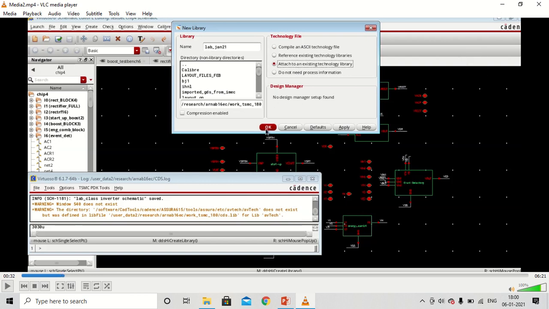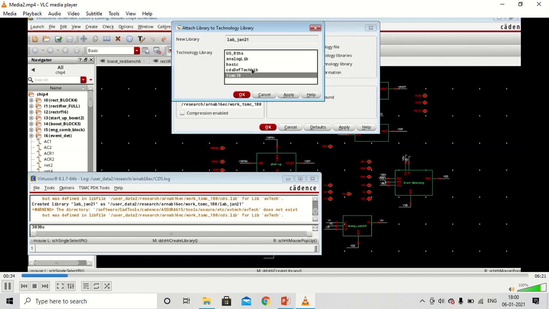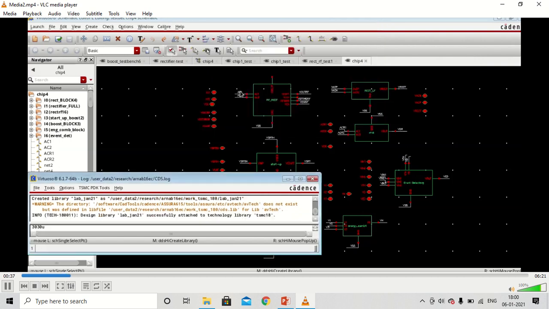We have to attach an existing technology file. In this case, we'll be using TSMC 180 nanometer technology. Press OK. So this is TSMC 18, that is our technology. Our library is created, and within the library we will create a schematic file.